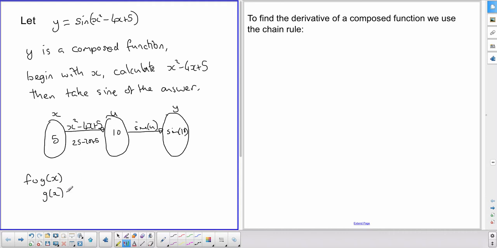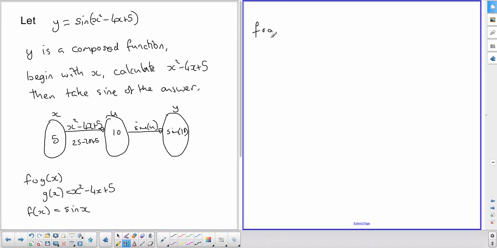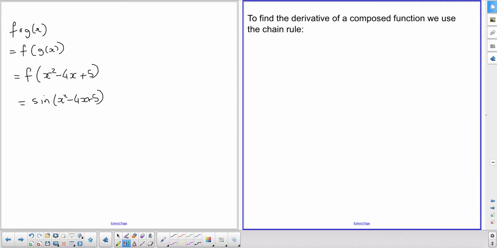sine u. Using the notation we learned in first year, g of x will be the function x squared minus 4x plus 5, f of x is sine x, then the function f of g of x, so f applied to g, in other words f applied to x squared minus 4x plus 5. F says to take the sine of whatever's in the bracket, so we take sine of x squared minus 4x plus